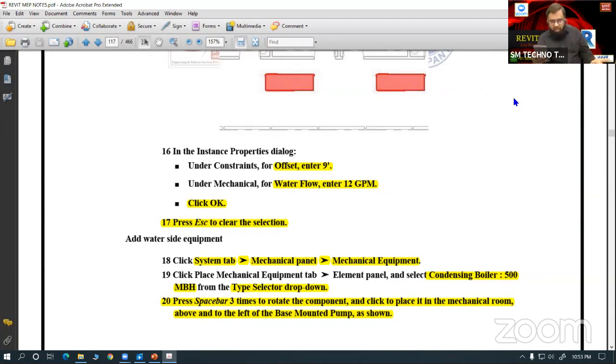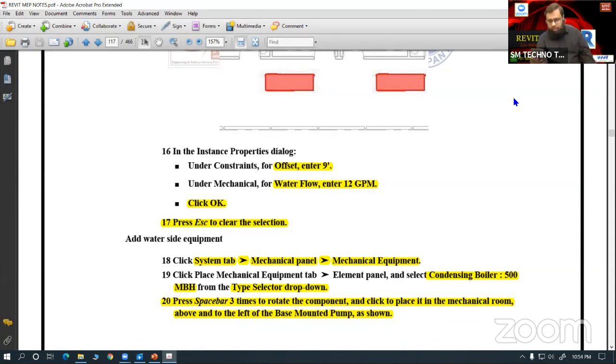Or else, as a mechanical, at least you should know HVAC service. Or as electrical, you should know electrical service. Then you can get involved in Revit. Yes, and for other candidates who are beginners, if you don't know about the services, you cannot learn Revit. First, you learn mechanical HVAC, plumbing, firefighting services, as electrical learn electrical services, then Revit is